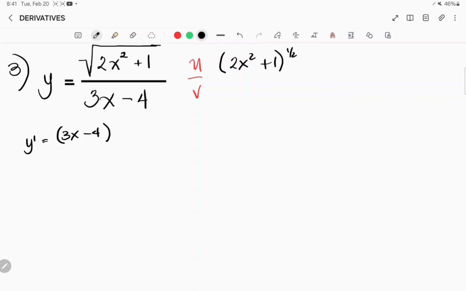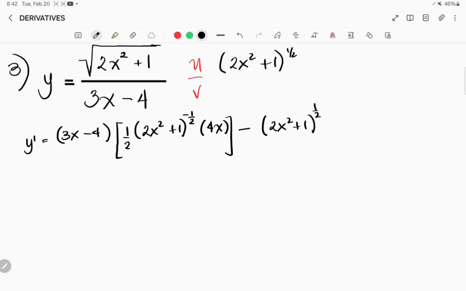So the derivative of that expression will be 1 half times 2x squared plus 1 raised to negative 1 half, because we will be applying the general power rule, so this is going to be negative 1 half times the derivative of the quantity 2x squared plus 1, which is 4x, minus u, which is 2x squared plus 1 raised to 1 half, and the derivative of v is 3. That's 3x minus 4, derivative is 3,